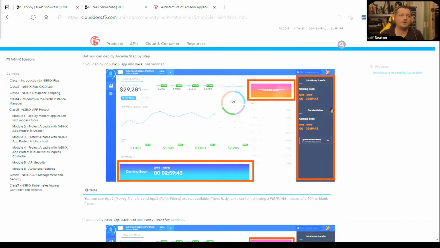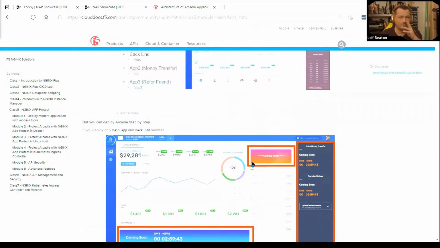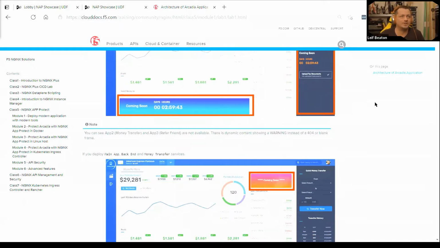So if they weren't deployed, you'd see a coming soon message, which you may run across when you deploy this and deploy the Ingress controller yourself, because the web browser, Edge in our case in the jump host, does cache locally, right? So we might have to refresh the page a few times to see the actual change in question, but we'll cross that bridge when we get to it.